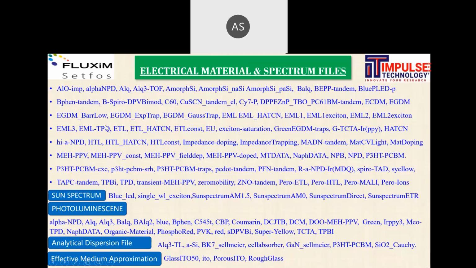In that electrical material parameter, HOMO-LUMO value, dielectric constant, mobility, lifetime, all parameters are set. Either you can use the existing material database, or you can modify the existing property, and based on your needs, you can decide that material parameter and then use it.